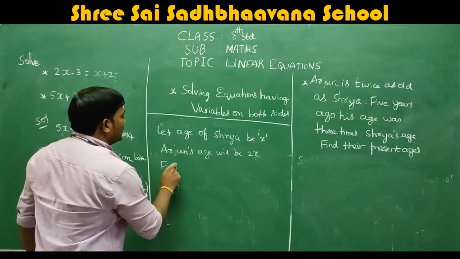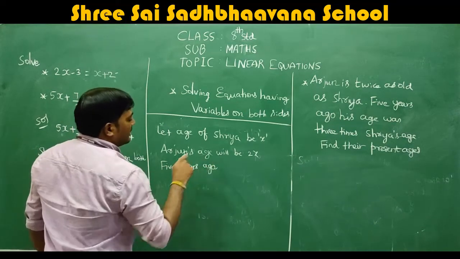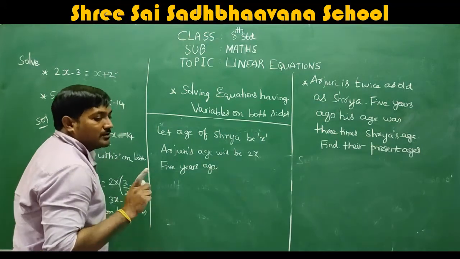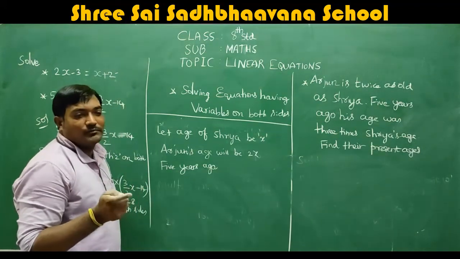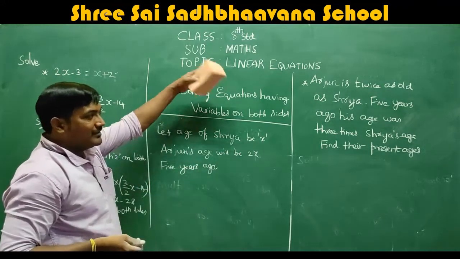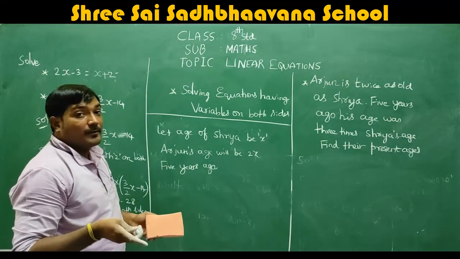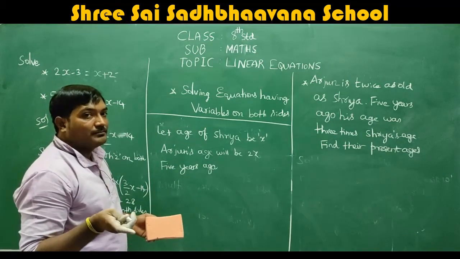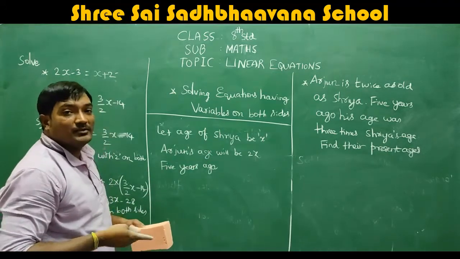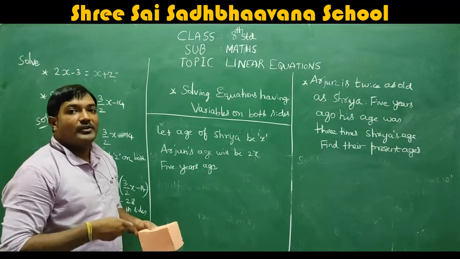5 years ago, right? This kind of sum we already discussed in the last classes. Okay. What is that? Age between, we added those sums, 4x plus 10 we got, which is equal to 66. Okay, so this is also of same kind itself. Here 5 years ago, okay, they are given 5 years after. Understood? Here they are given 5 years ago. 5 years ago means before, means for example, now we are in 2020. 5 years ago in the sense